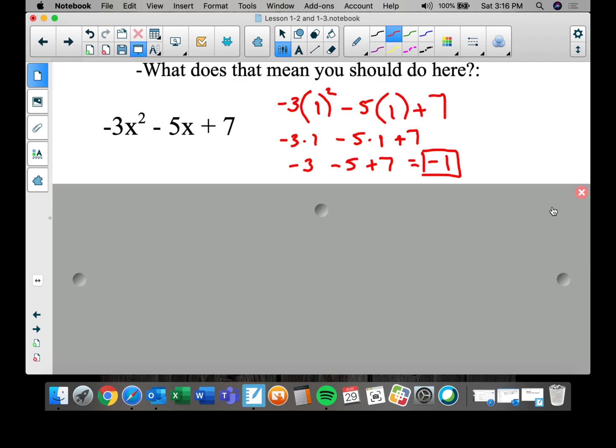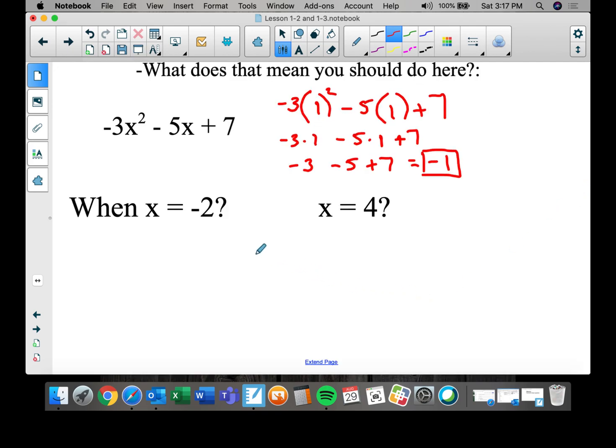Let's do one more example here, even though I've got 2 listed. Let's do one more example. Let's do it when it's negative 2. So if I take that and I substitute that in, negative 3 times negative 2 squared minus 5 times negative 2 plus 7. The reason I wanted to do this one is that the parentheses are really important, because